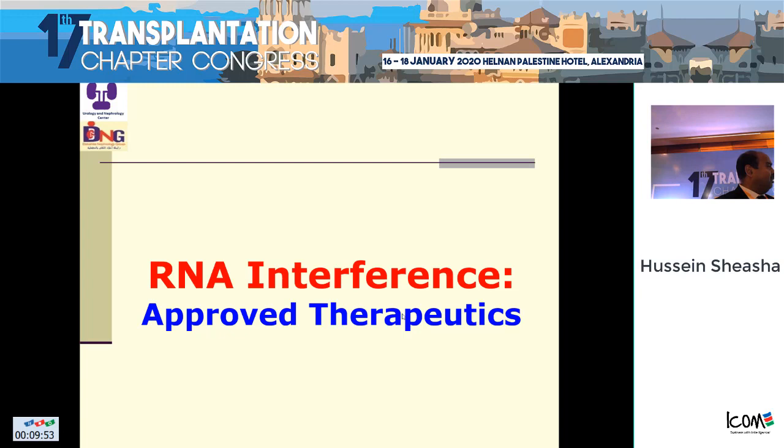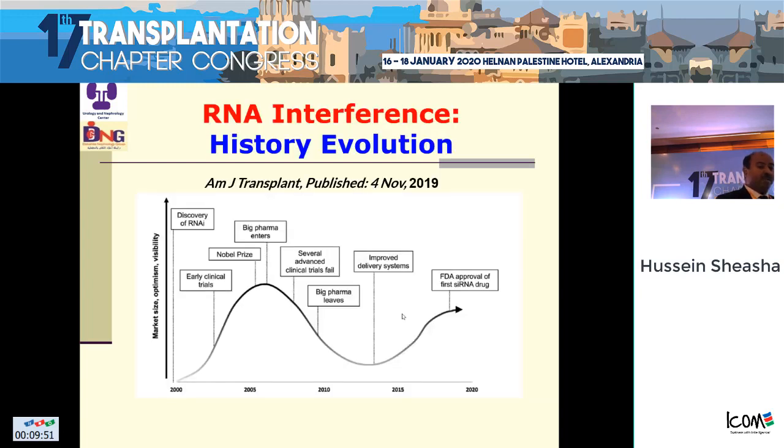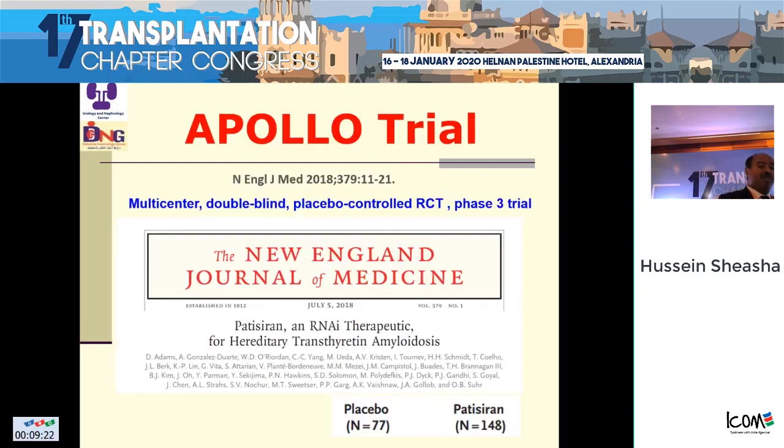If there is any approved treatment in the medicine, you will be surprised. After the Nobel Prize in 2006, Big Pharma entered the research of RNA to find therapeutics for many diseases. But because of failure, because at the time there was no refinement of the technology, the Big Pharma left the field. Until 2019, when FDA approved the first RNA interference therapeutic based on the APOLLO trial, which was a multi-center, double-blind, placebo-controlled